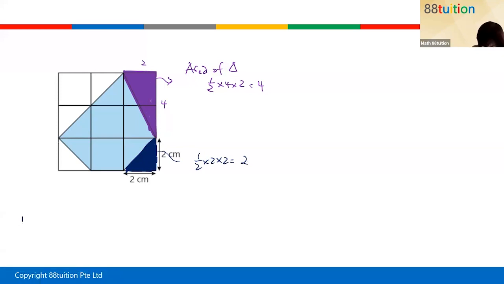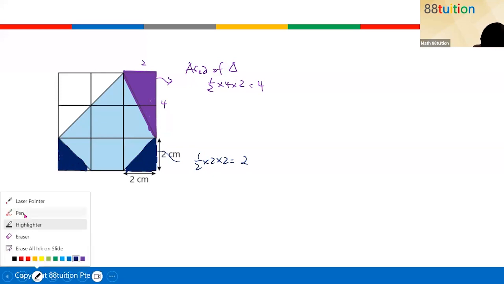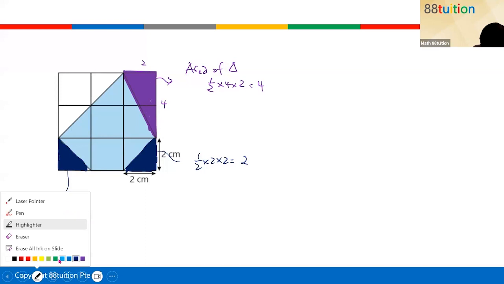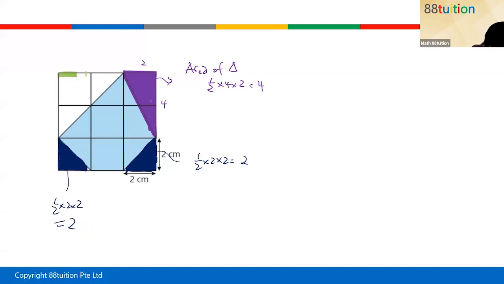So I just use the same color to identify this. All right, so this one is also half of 2. It will be 2 cm squared. And lastly, if I were to draw the other one, it will look like this, right? So this one